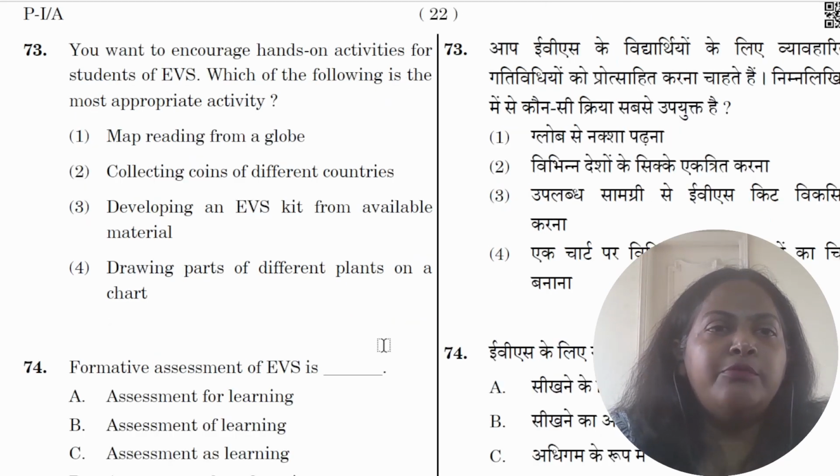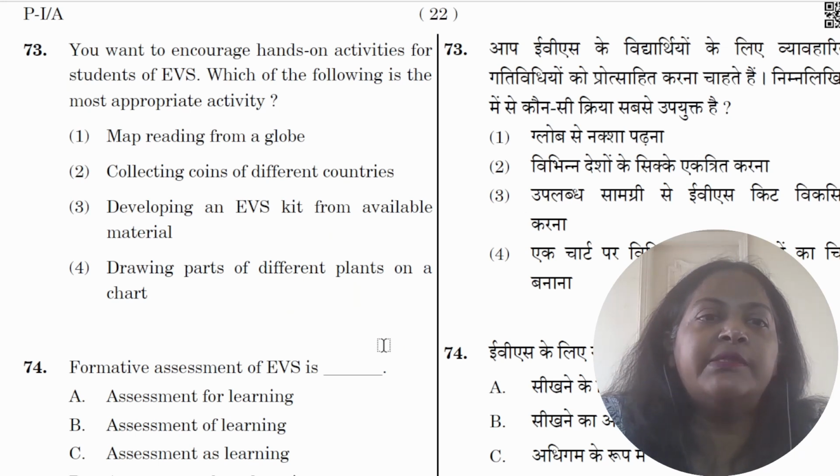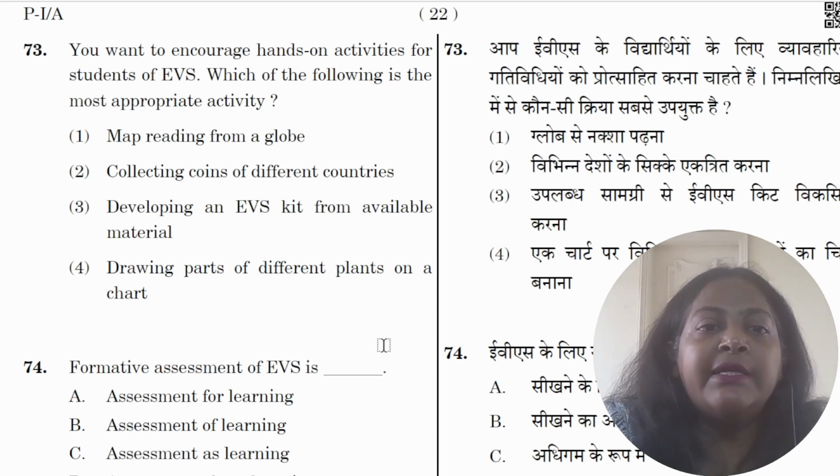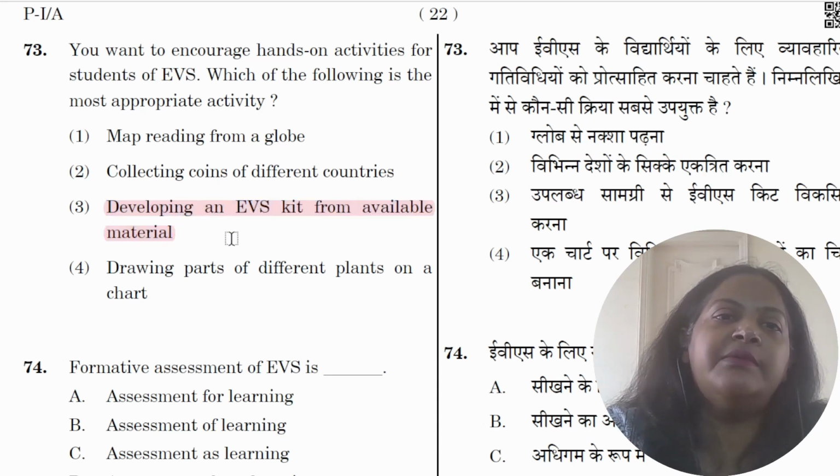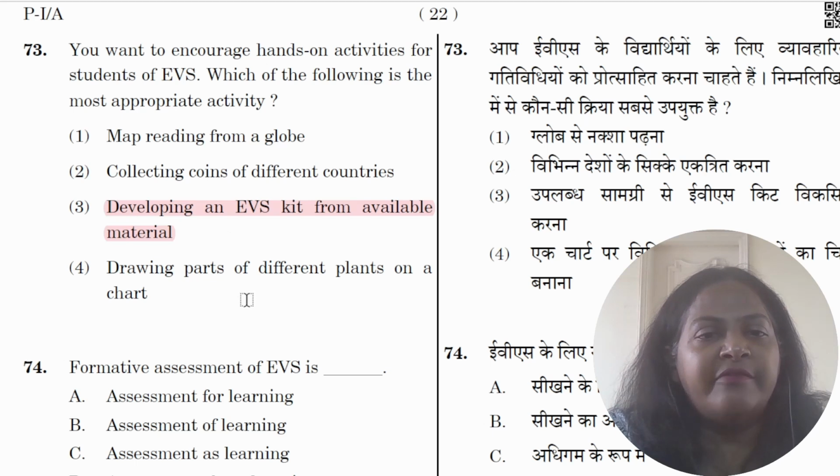Question 73, you want to encourage hands-on activities for students of EVS. Which of the following is the most appropriate activity? Map reading, collecting coins, developing an EVS kit from available material, and drawing parts of different plants on a chart. So, developing an EVS kit from available material would be the best hands-on activity that you could have amongst all this.